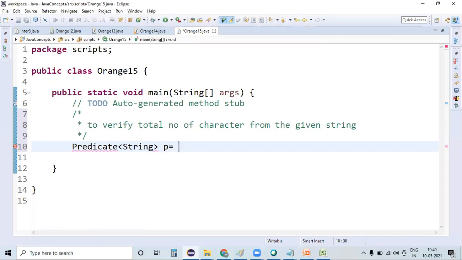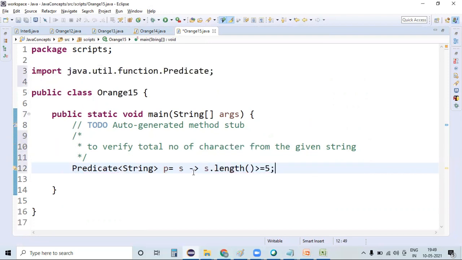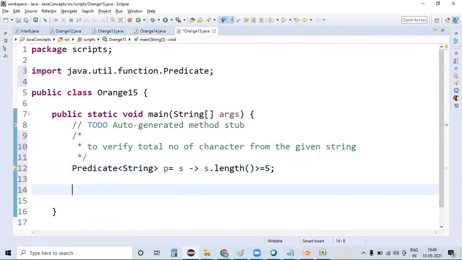Predicate of String p is equal to, if I am passing s as an argument, s dot length is the method which will get the total number of characters, greater than or equal to 5. I'm just checking whether the total number of characters in this string is greater than 5 or not. And now system.out.println, test is a method for which you need to pass